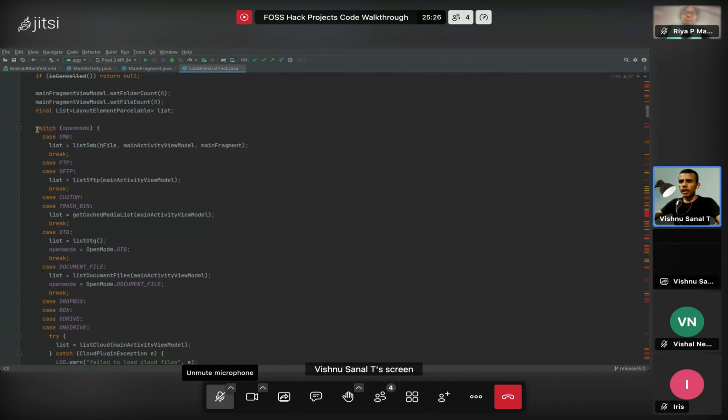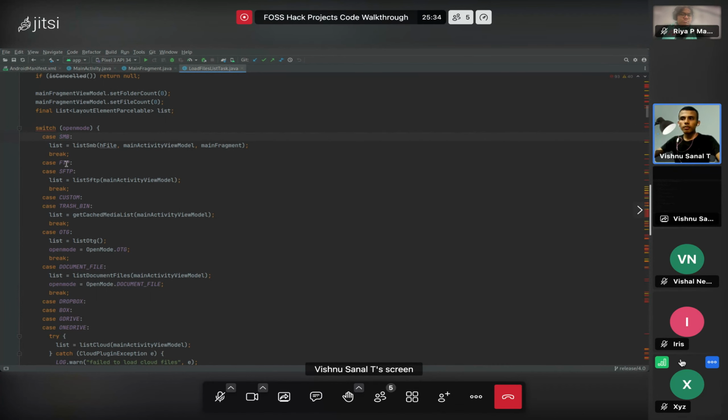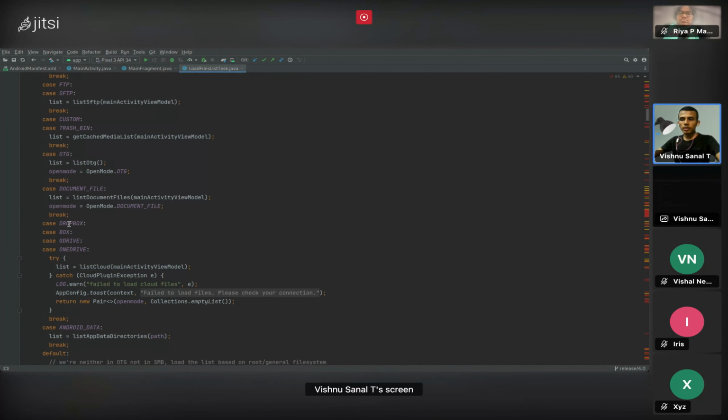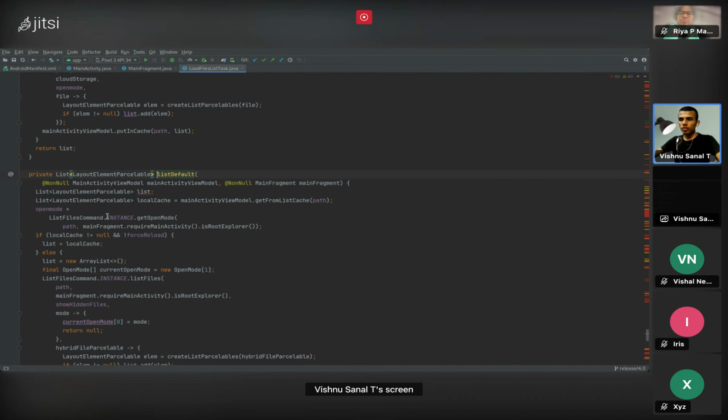Here we are handling multiple file systems the user might have. We have an SMB system, we have an FTP system, and as I mentioned, we have the cloud provider systems, etc. In this, I would like to just talk about the local file system. So this is the load file list task dot list default function,